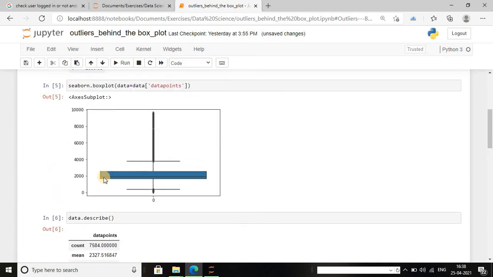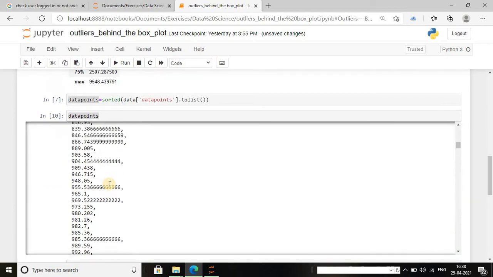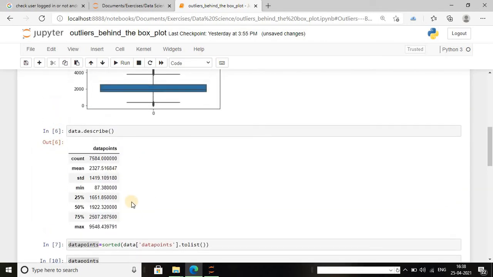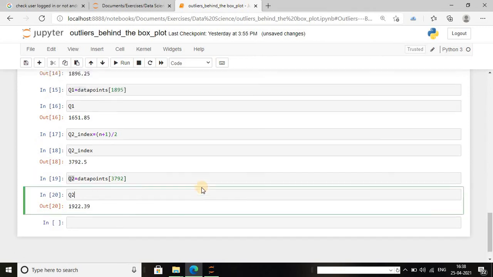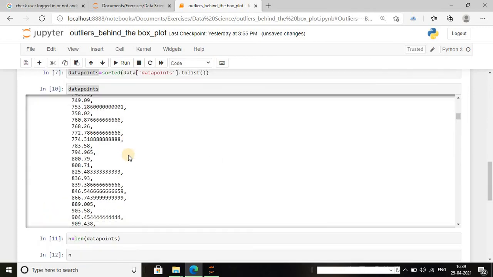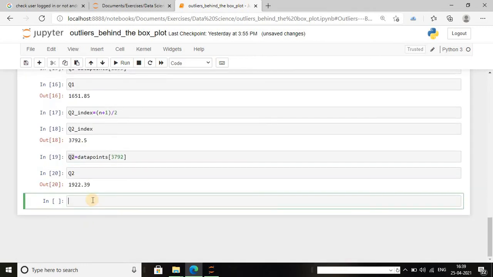Here we can also see that this central line is very near to 2000, which is 1922.32. Now I am going to take the value of the 75% quartile. To do that, I have to find the 75% quartile index value.